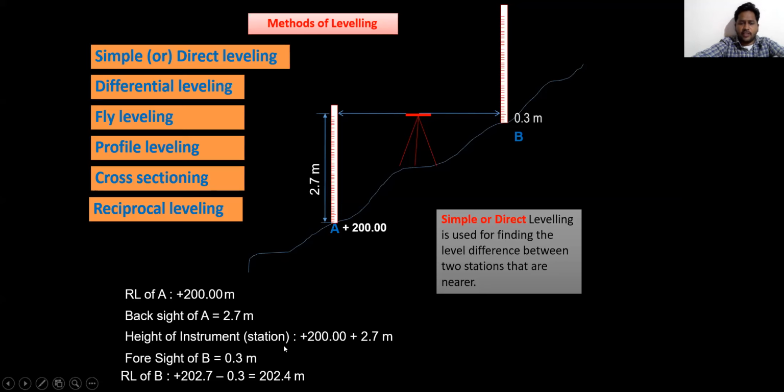The height of the instrument or station is 200. The 200 plus 2.7 meters will give you the total height of that particular station. That is called simple or direct leveling.